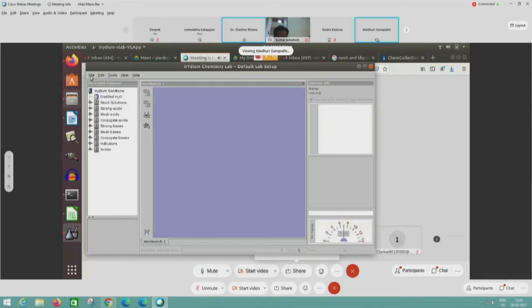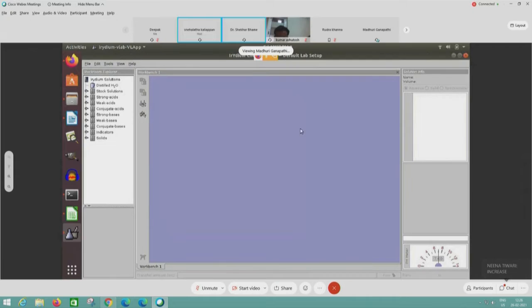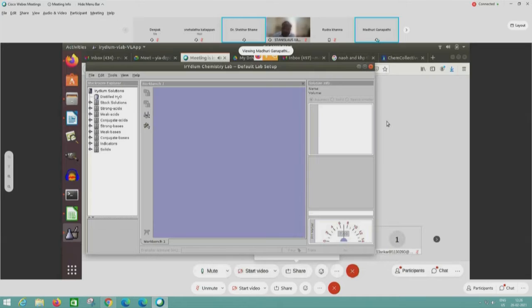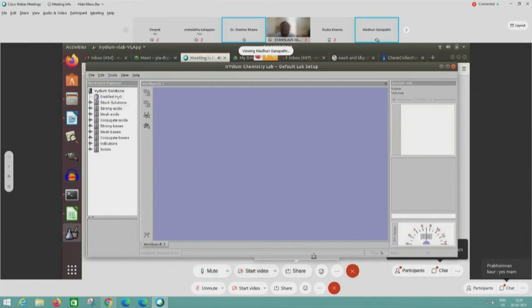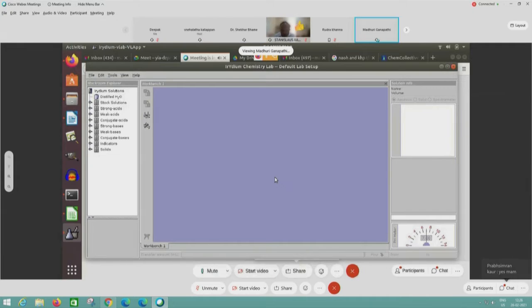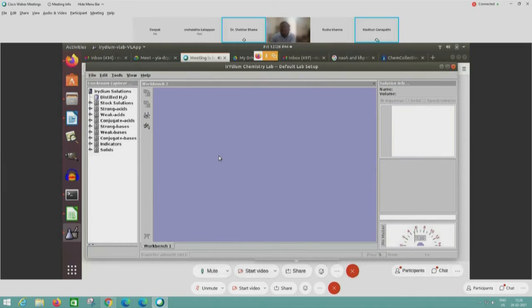Madhuri, can you make it full screen? People are asking. Yes. Okay, now is it clear? When I show full screen, I will lower it a little because the end part is not seen properly. I'll make it 3/4. Now I think it is good. Is it clear now for all of you? Yes. If I make it completely full screen, the last part of the solution info panel is not seen properly. So I'll make the theme a bit bigger. Yeah, now we will go to our work.